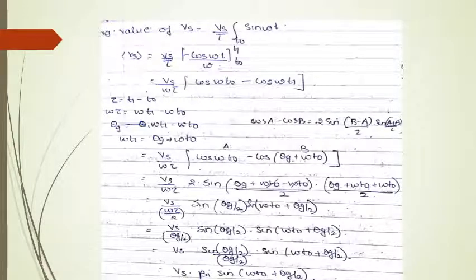Now in this slide, we are going to see the average value of the input voltage. Input voltage is Vs. How do I find the average value? As you have seen earlier, it is 1 upon T integration from 0 to T of V1 sin omega t. When you take the integration of this, you get minus cos omega t upon omega. Substitute the limits. I hope you understood why the limits are t0 to t1, because you're going to have your cavity something like this, and this cavity gap, how have they shown?